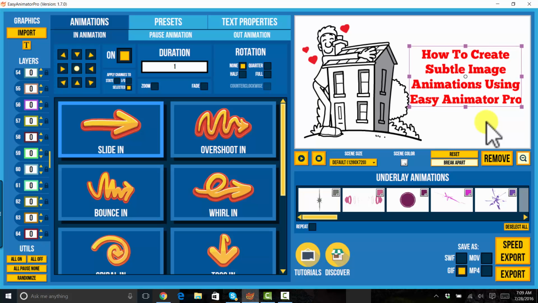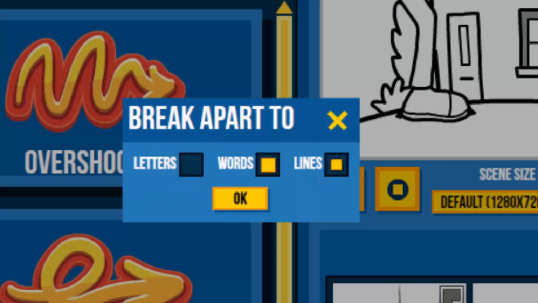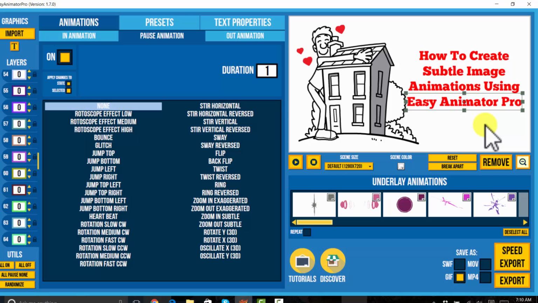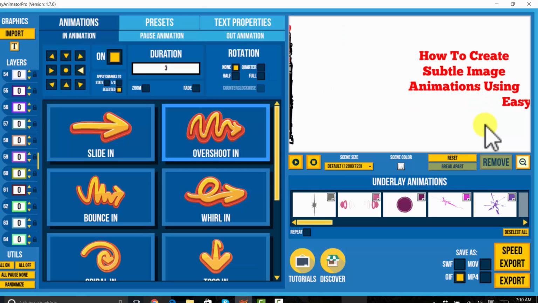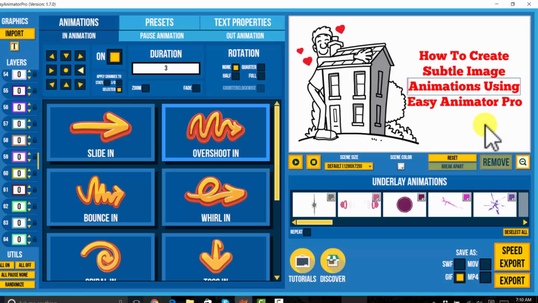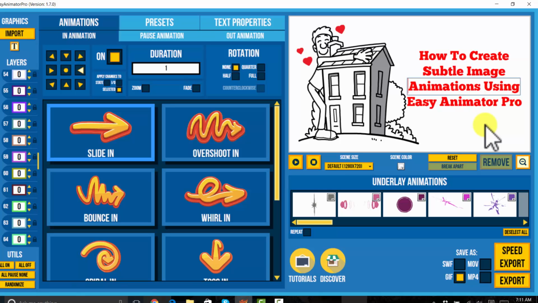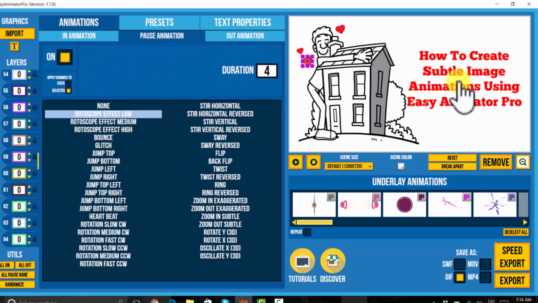Then I think what I'll do is break it apart. I'm going to break it apart into lines. I'll give it a little animation there. I'm going to bring the text in from the left or from the right. Okay, let's see here. I'm going to make each one of these texts here come in from the right. All right. I'm not going to do a lot of work with this, a lot of animation. Sometimes less is more,